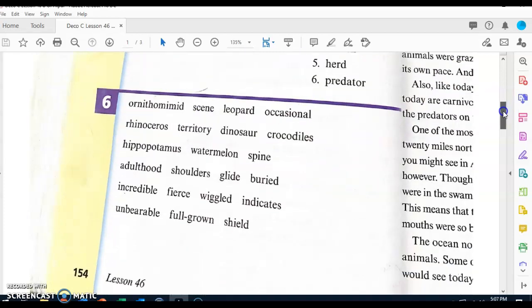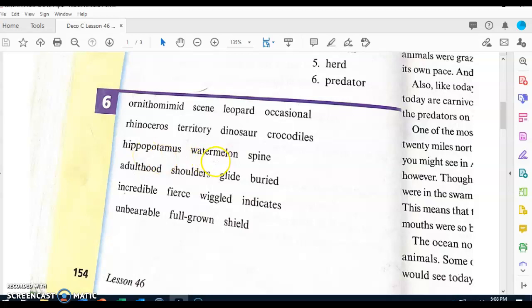Let's go ahead and look at part 6, boys and girls. First word. That word is ornithomimid. What word? Ornithomimid. Next word. Seen. Next word. Leopard. Next word. Occasional. Next word. Rhinoceros. Next word. Territory. Next word, dinosaur. Next word, crocodiles. Next word,